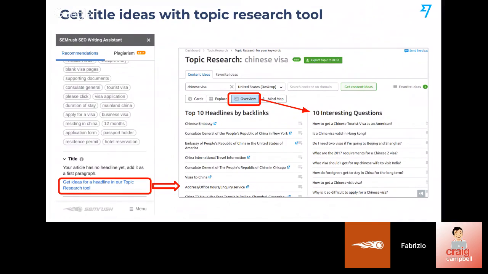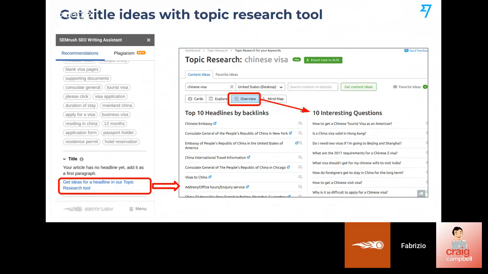Another bit that we do in conjunction with another tool is on day one, when you link your Google Doc, let's say an empty Google Doc with a keyword template, you don't necessarily have a headline for that article. And sometimes it's good to have a better understanding of what is out there, to build a better view on what headline we should use. So you can just click on Get Ideas from the Topic Research tool, and then you will be taken to the Topic Research tool on the SEMrush platform.